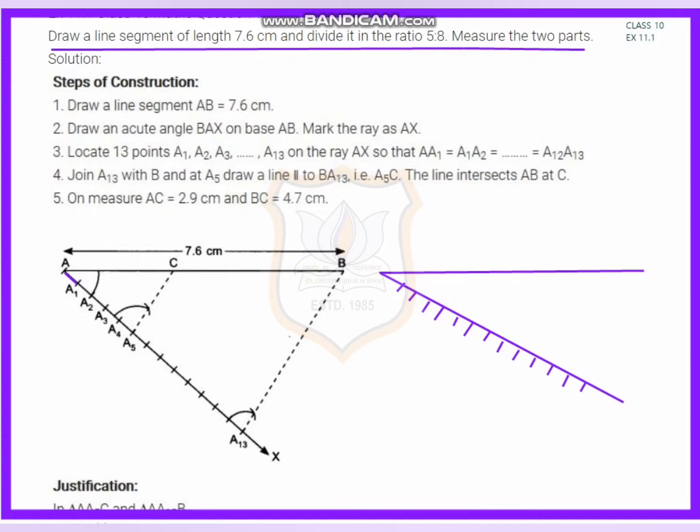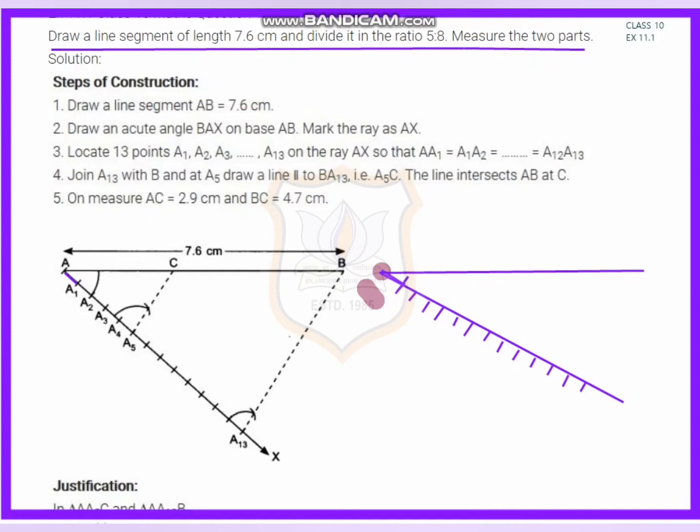Let's see again how we are making this. First of all, we have to take a center, and this is the radius. We have to use the center and make an arc on it. This is a center, we have to make an arc on this with this radius. In the same way we have to mark all 13 parts as shown in the construction. And here I have to write the names also: A1, A2, A3, till A13.